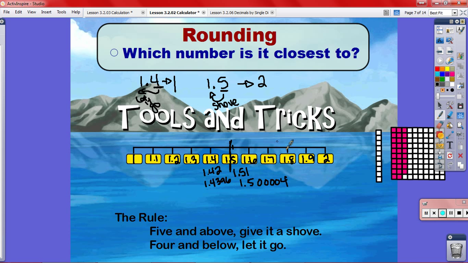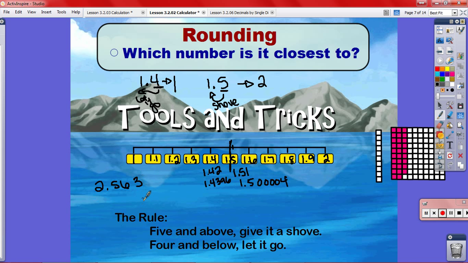So those are some basics of rounding. Rounding, it can be tricky. You don't have to use rounding to estimate, but it can be really helpful to know the rules of rounding because there will be tests in the future where they ask you to round your answer to the nearest tenth or round your answer to the nearest hundredth, and you need to be able to do that to get your answer completely correct. So for example, if I had